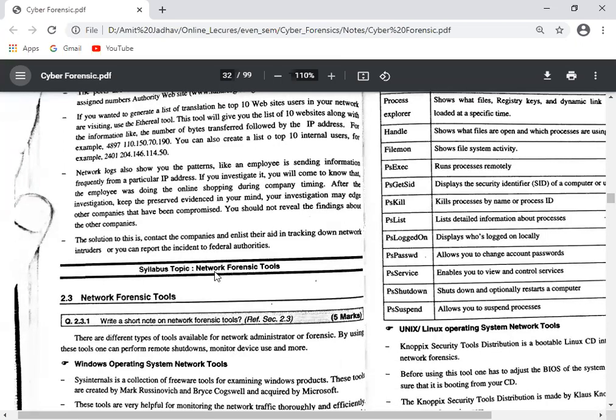forensics. So network forensics is very crucial work. As I told you, if an attacker attacks a single machine, then it's easy to find out. But if the attacker attacks a network, it's difficult to find out, because first we have to trace on which machine the attacker attacked first.